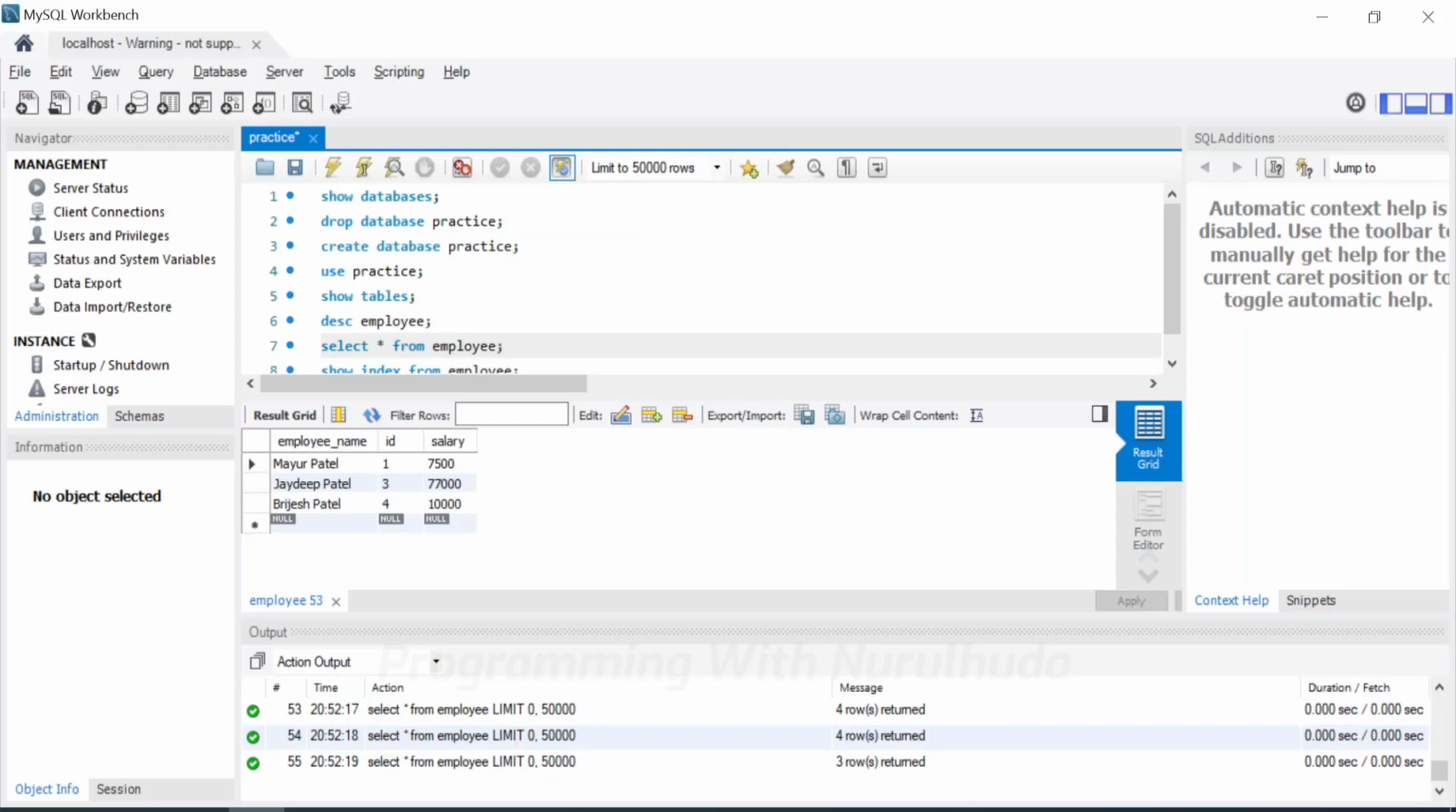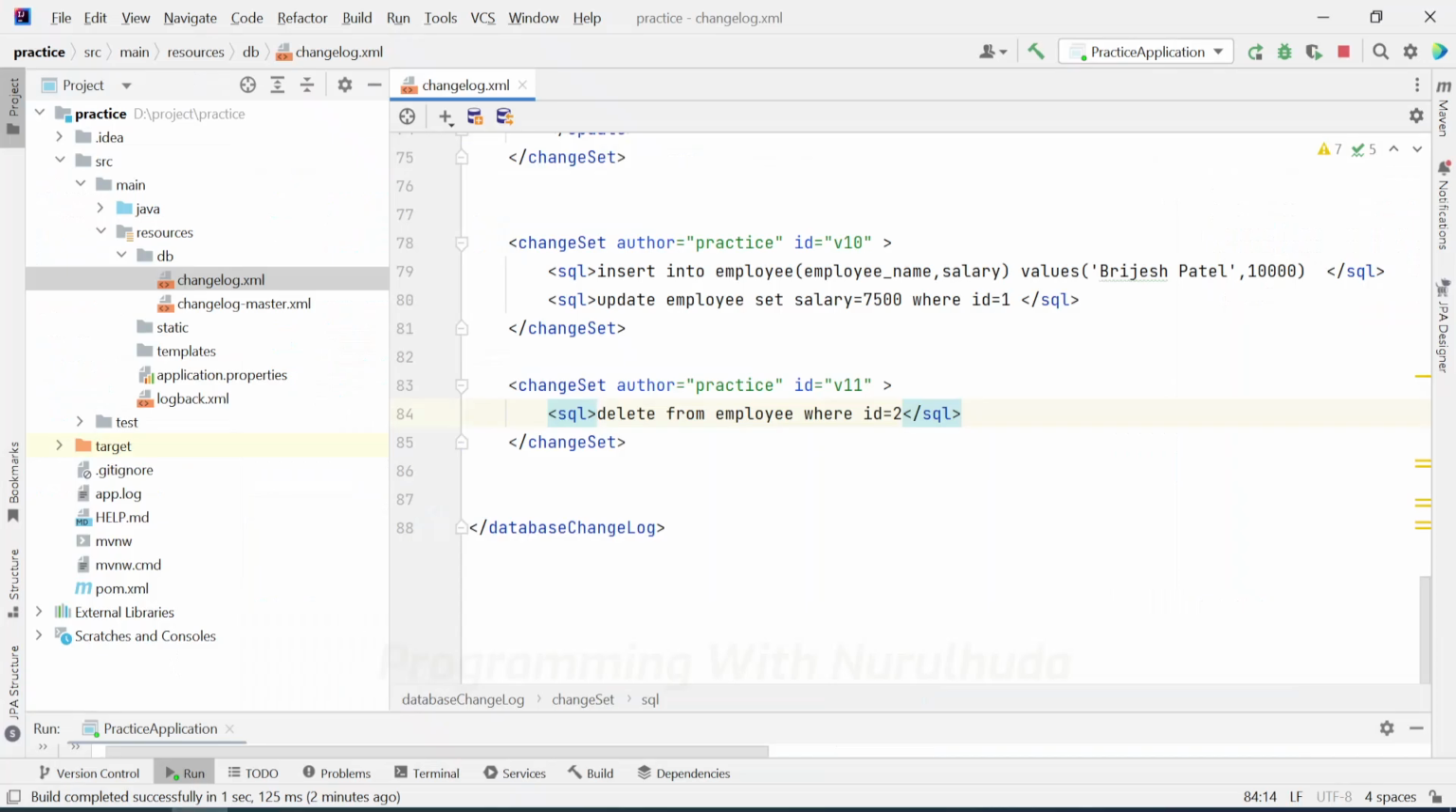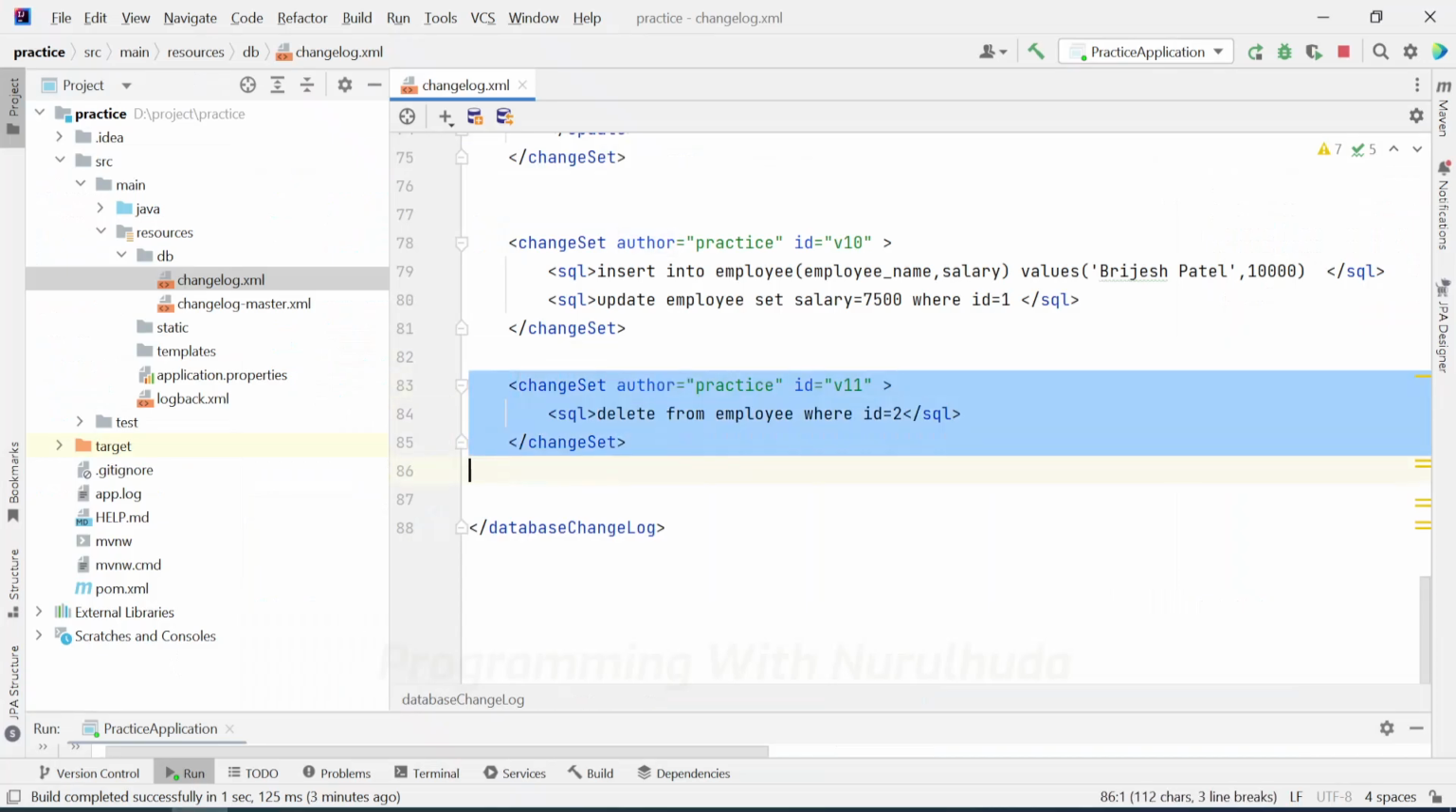Hi, we can see the employee table, three records. We want to delete the ID4 record in an XML. So we can create one change set